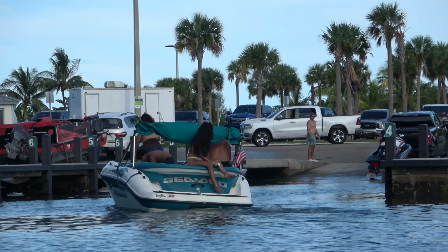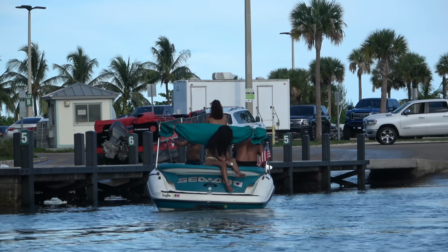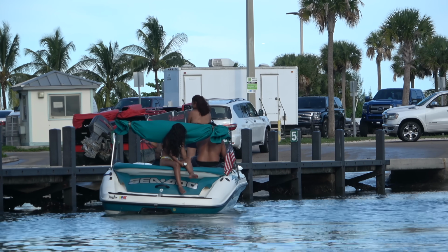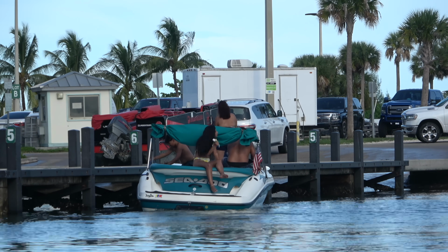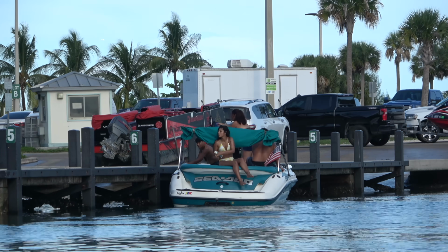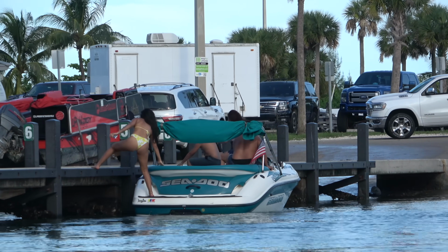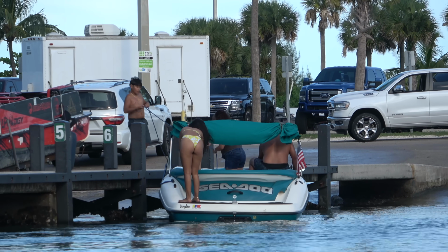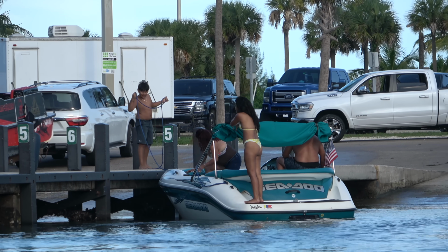So our crew's coming in on approach, heading toward 5. And we've got, looks like mom and son up in the bow working some lines. Cap's going to bring him in and try and get him right alongside the dock. They go for the grab. I don't see anybody leaving the boat, though. And the girl winds up kicking the stern off. She looks like she was trying to put her foot on to pull it over. Smart move letting that one go, though. The last thing she wanted, she'd probably be swimming in the drink if she would have tried to pull it